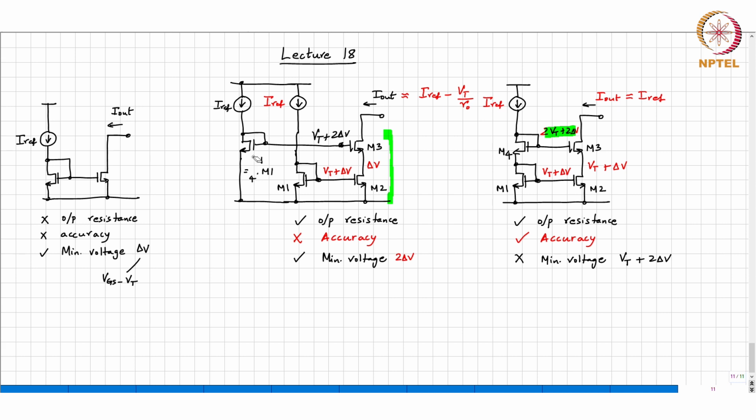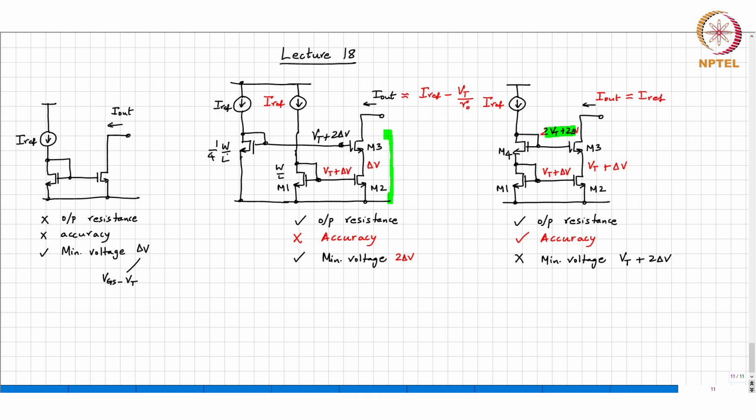In other words, if all these devices are W by L, this is 1/4 W by L. Okay. All right, and as we just discussed,